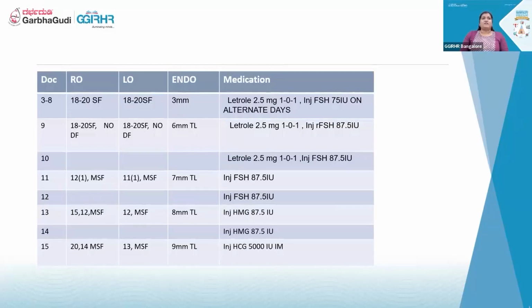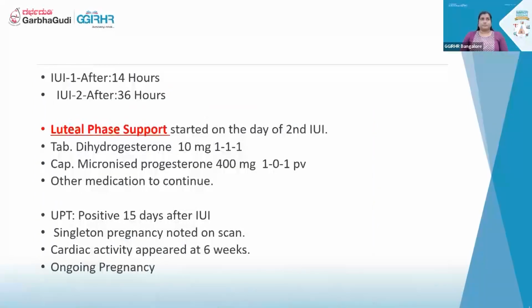On day 15, we saw 1 mature follicle of 20 mm and a 9 mm triple line endometrium. So we triggered and timed the IUI with HCG injection. First IUI was done 14 hours after HCG injection, and second IUI was planned 36 hours after HCG injection. Luteal phase support was started on the day of second IUI with